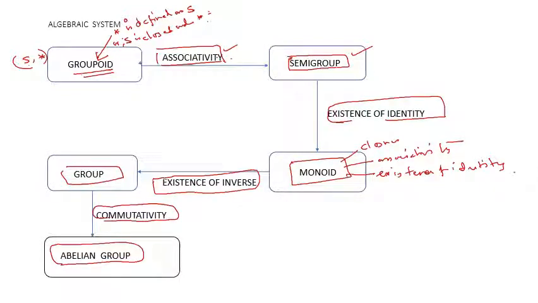So we start with groupoid which contains only one property, that means S is closed under this composition star. We add associativity, we get semigroup. Further, we add this existence of identity to get monoid. Then we add existence of inverse and we get a group, and we add commutativity to arrive at an abelian group. So this is the whole algebraic structure that we need to study. এর পরেও আরো algebraic structure আছে, সেগুলো আমরা এখানে আলোচনার মধ্যে পড়বে না আমাদের।